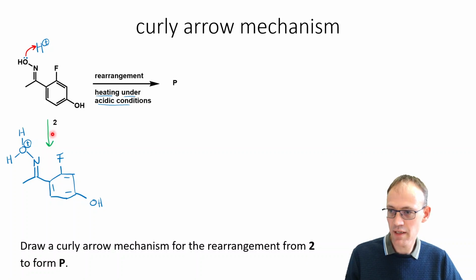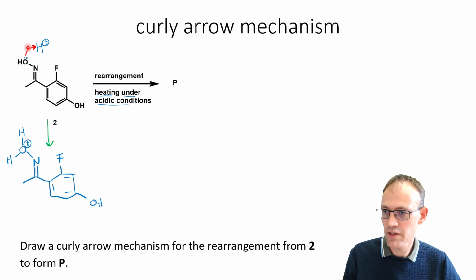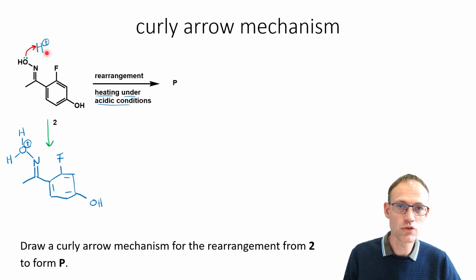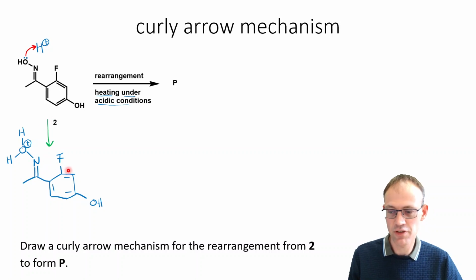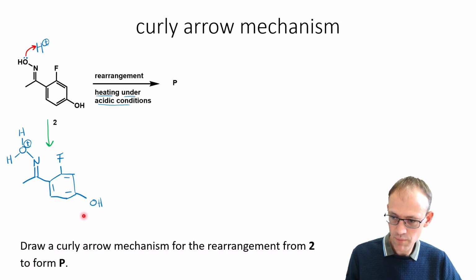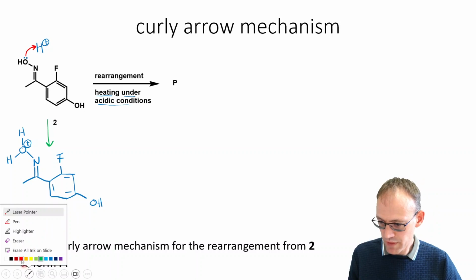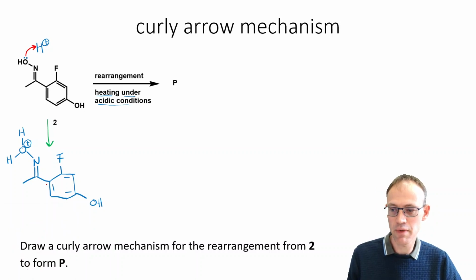Another check that I like carrying out whenever I draw curly arrow mechanisms is to make sure that my charges make sense. So here I have a neutral substrate. I have added a proton, a singly positively charged proton, and what I get is an intermediate with a single positive charge. So I have a 1+ charge here, I have a 1+ charge here. That means that this protonation step looks fine. Okay, so now we reach the key step in the Beckmann rearrangement.